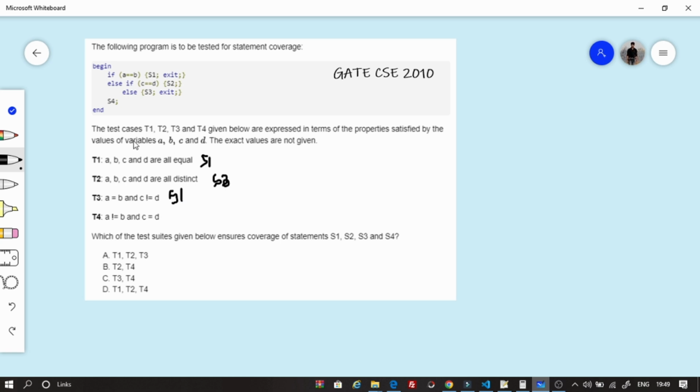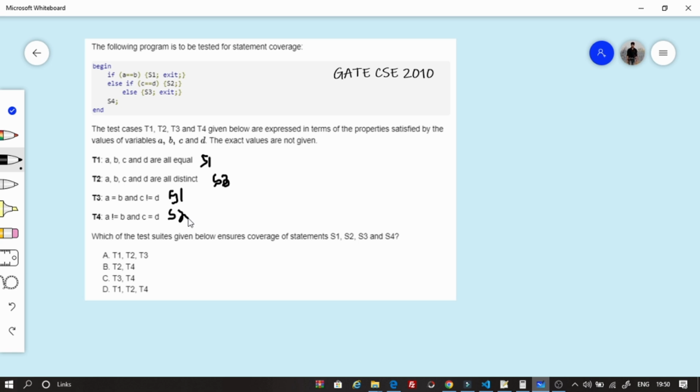In test case T4, A not equal to B and C equal to D. Okay, because A is not equal to B, we will not execute this if statement. Else if C equal to D, we will execute this S2. So firstly this S2 will be executed.